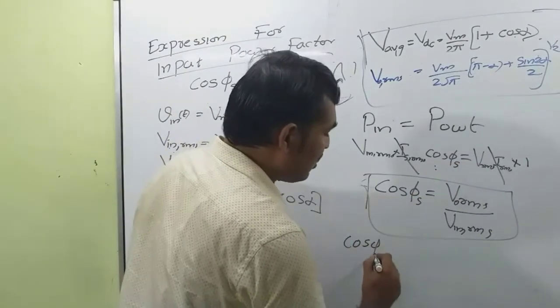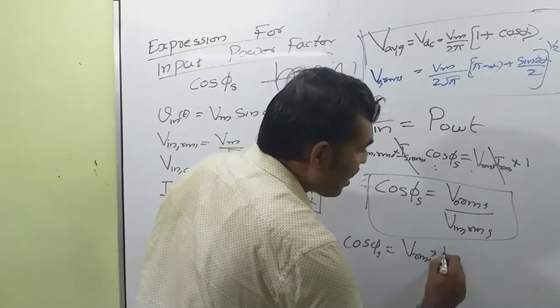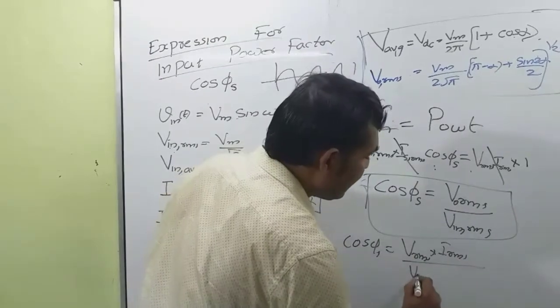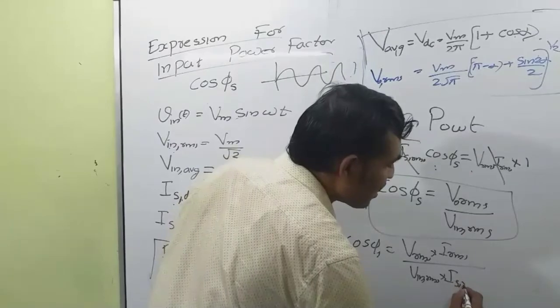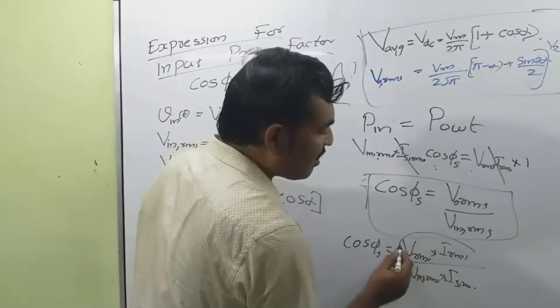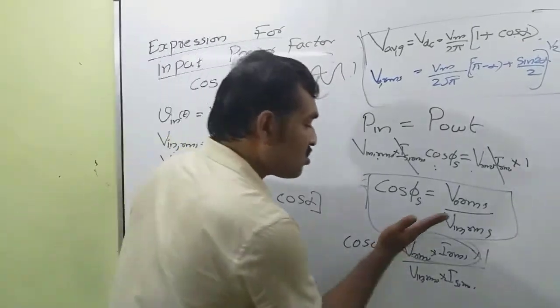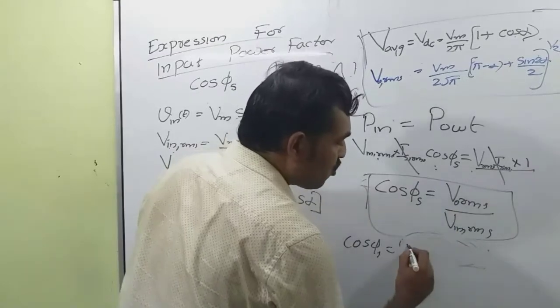This is also equal to V output side RMS value of voltage into I RMS value of current, divided by V input RMS value into source current RMS value. What is this? This is the DC power output. So we can say cos phi S is, this is the DC power output